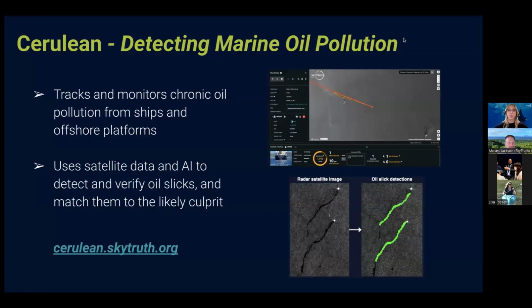All right, so now we'll introduce another key tool that SkyTruth offers. This is called Cerulean. Cerulean is the world's first free, publicly available technology that uses artificial intelligence and satellite imagery to track chronic ocean oil pollution and identify the potential sources of that pollution. So, using Cerulean, we track and monitor chronic oil pollution from both ships and offshore platforms dumping oily waste into